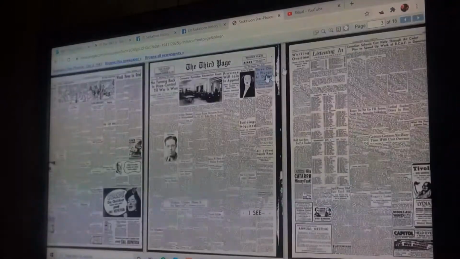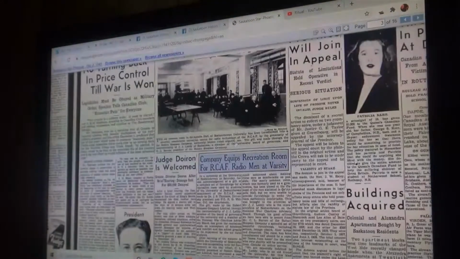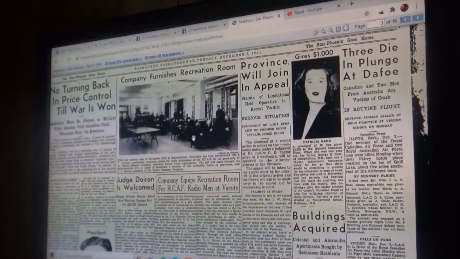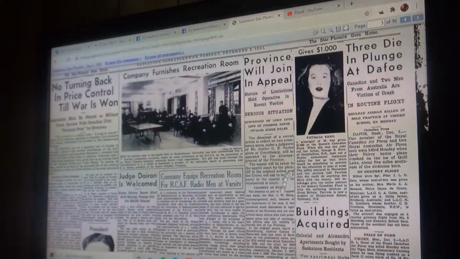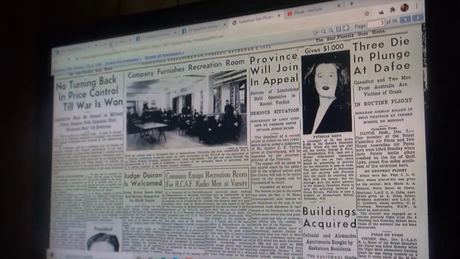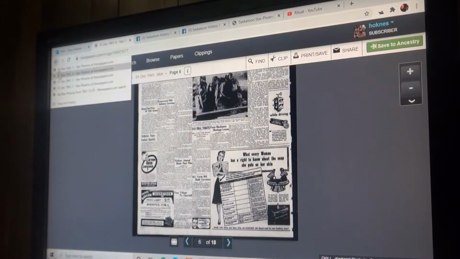So let's zoom in a bit so we can read page 3 a little bit clearer. And we're just looking for anything that's interesting. So here is a plane crash to do with soldiers training. So I think I will grab that. So again, I'm going to go back to